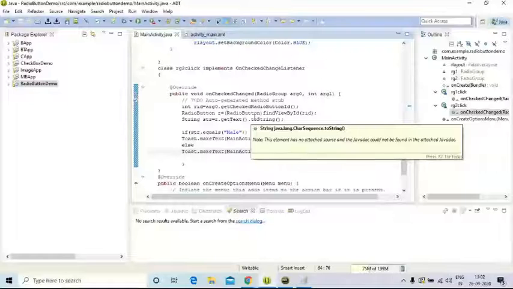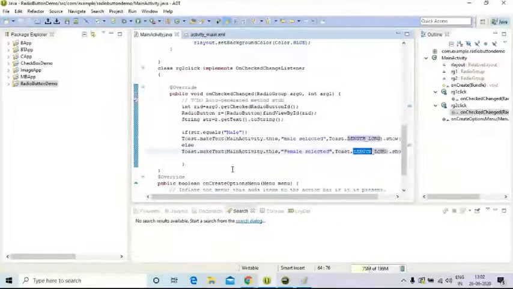What is toast here? To display a message. In this toast, we may use Length_Long, Length_Short, or Length_Medium. If you give Length_Short, it will display for a short time, that means 1 second. It comes and goes in a fraction of seconds. When you give Length_Long, it will stay for a minimum of 30 seconds like that. When you give Length_Medium, it will stay for 5 to 10 seconds.